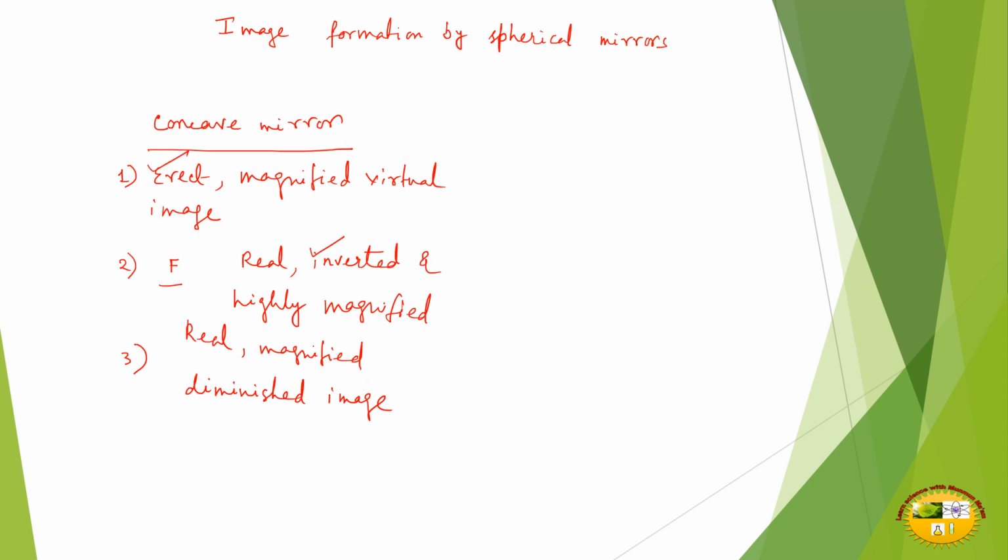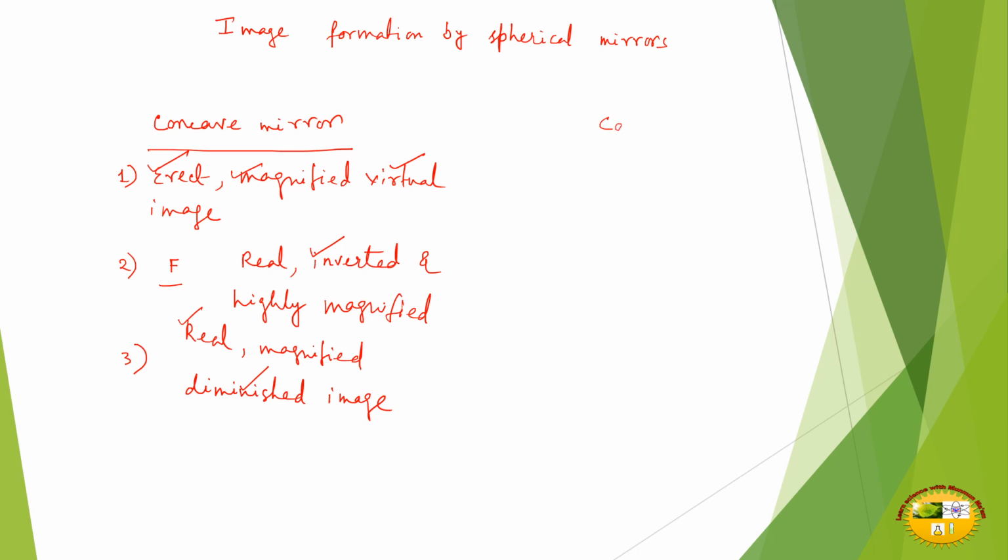So if we see the images of the concave mirror, we are getting an erect image as well as an inverted image, a magnified image as well as a diminished image, a real image as well as a virtual image. So depending upon the distance between the mirror and the object, we get different types of images in the concave mirror. It is also used as a reflector. Concave mirrors are used as motor headlights or searchlights, torches to produce an intense parallel beam of light. Used in shaving and makeup mirrors, used by the dentist, right?